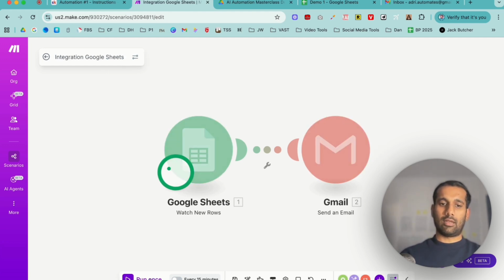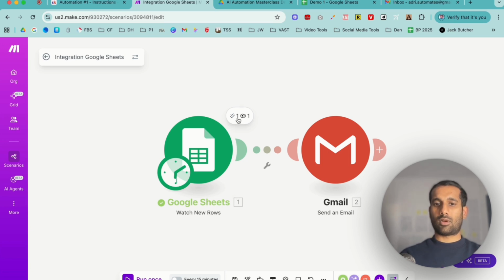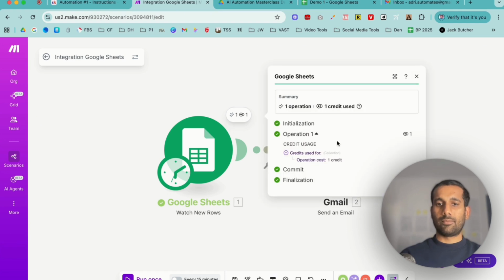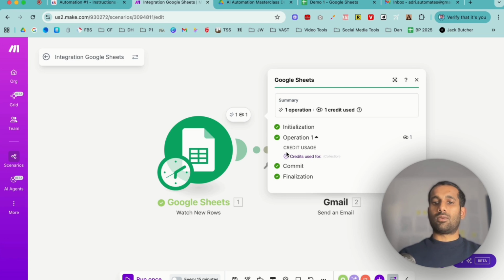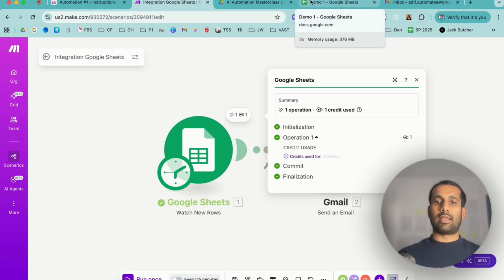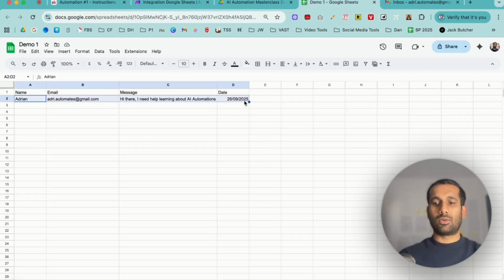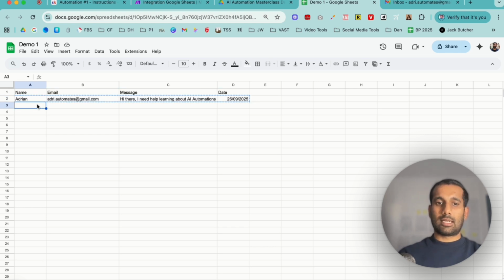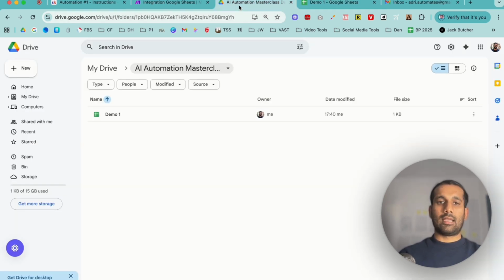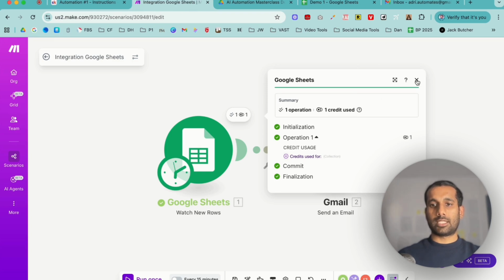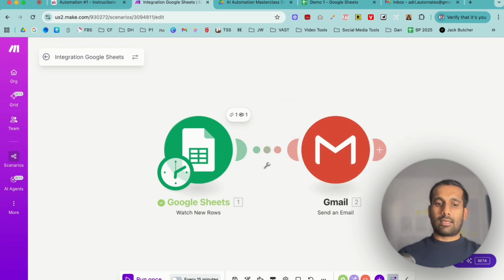So now if I click run, you will see that this automation has run, that it found one new record. And if I click on this record, it says, okay, so now this is actually a very interesting thing that happened, is it's only watching for new rows. And because this automation already had data, it's not picked up on any new rows. But if I paste this again, okay. And if I come back to our automation and now click run once, it's going to find this new